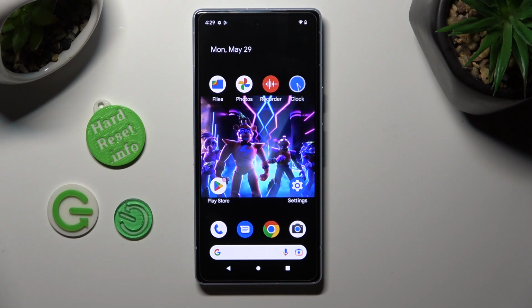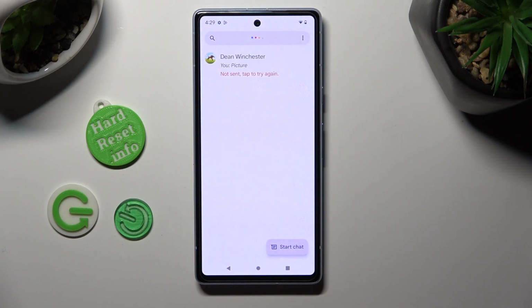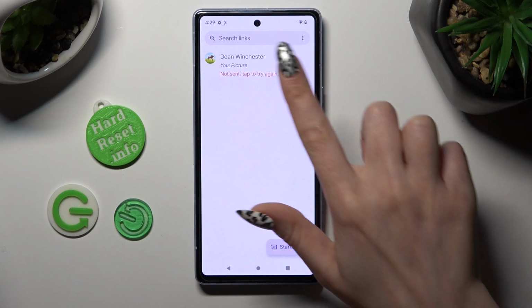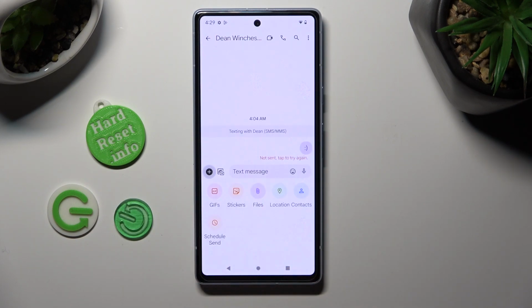You need to begin by opening Messages app and selecting one of your chats. When you're ready, click on this plus icon at the bottom left corner. Now select Files,